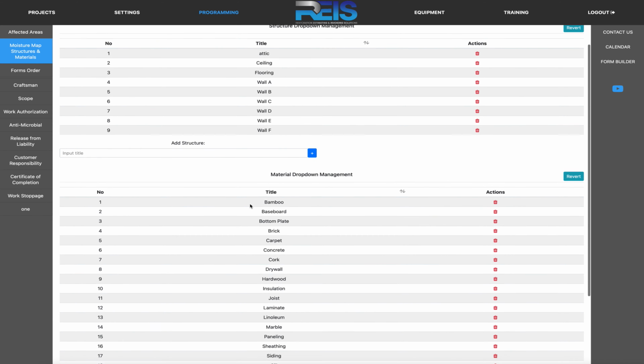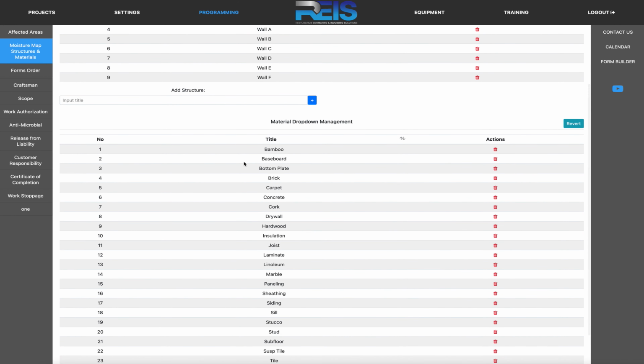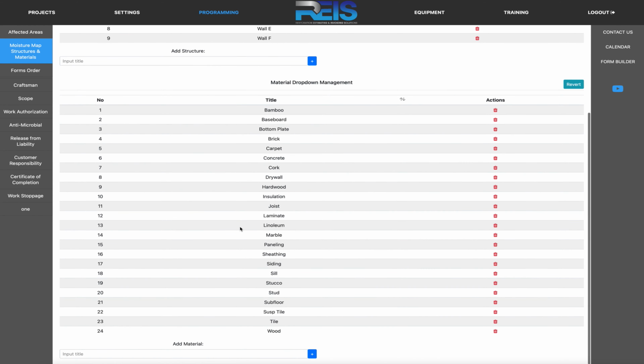The secondary one here is the material drop-down management. It's the material that you're working on. So if you're doing water mitigation, for example, you could be drying the carpet or you could be drying drywall. These two lists are going to appear in another area, and I'll show you where it goes, but this is